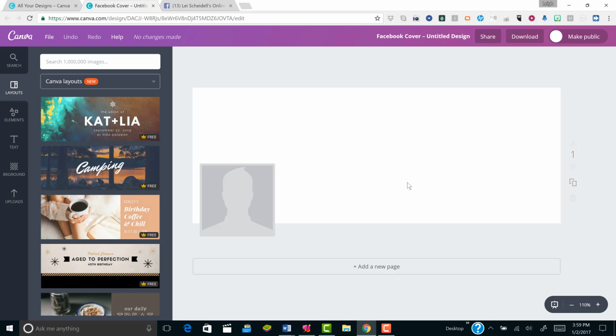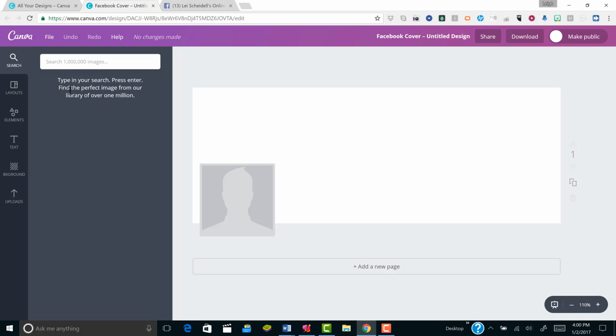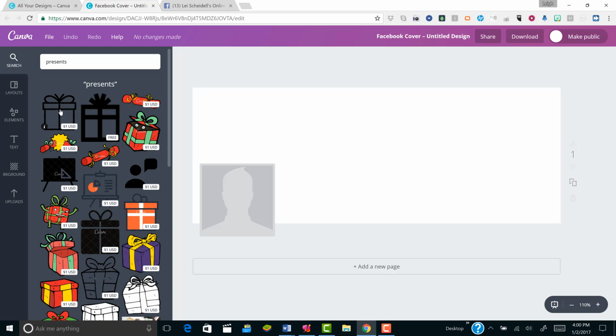So I've got one up and open for you here. And while we do this, we're going to take a look at some of the options on the far left-hand side of Canva here. And you'll notice on the far left at the very top under the Canva label, we have a search magnifying glass. And if I click on that, it brings up a little bit of text underneath the window for typing in. And I can type in any sort of thing here. Let's say presents, and it will give us some options of different things that are available for you to utilize